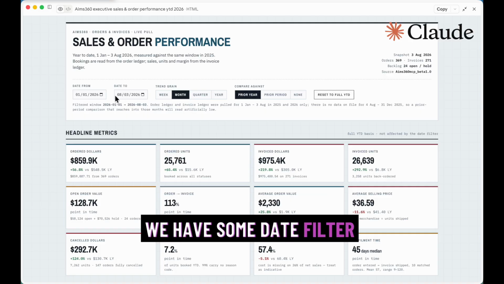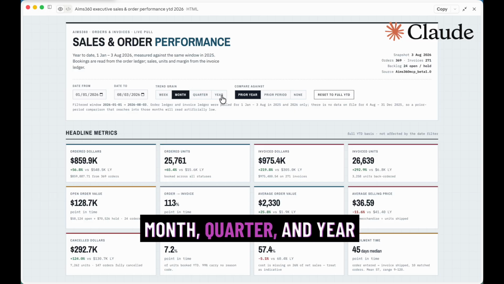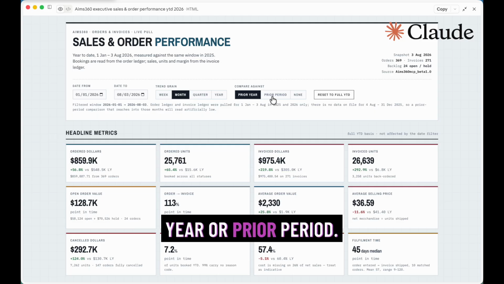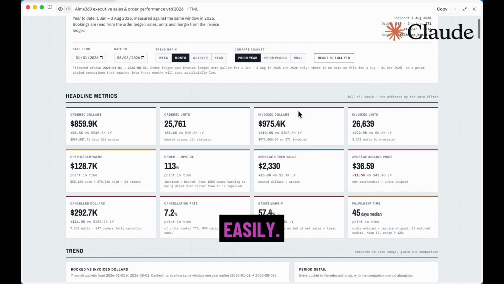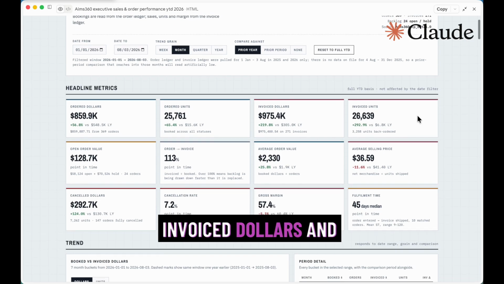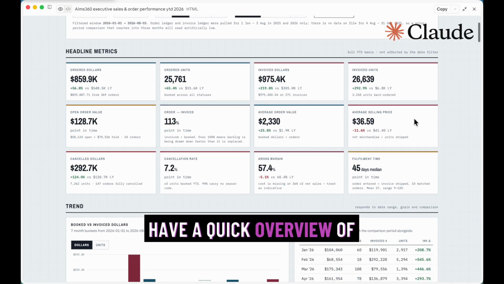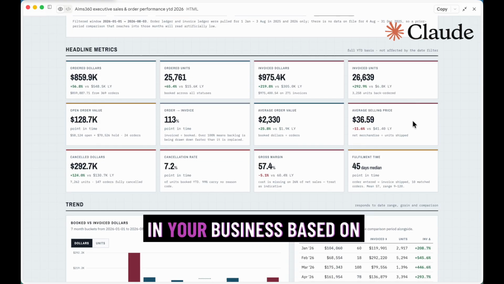We have some date filter information at the top of the screen. It provided us with trending by week, month, quarter, and year, comparisons against prior year or prior period easily. There are some top metrics here, ordered by dollar, ordered by unit, invoiced dollars and units, etc. So this is a great way to have a quick overview of exactly what is occurring in your business based